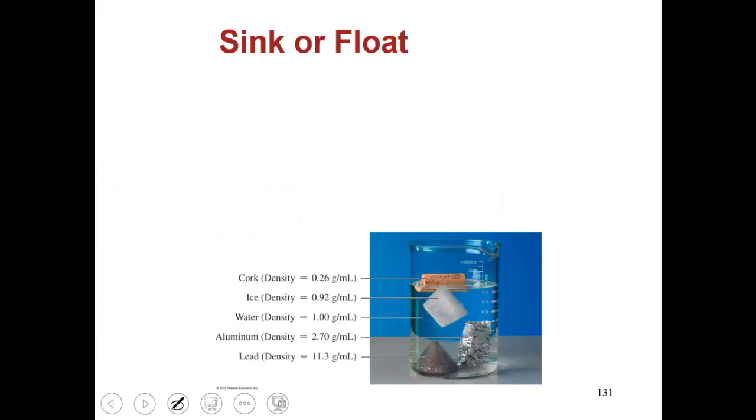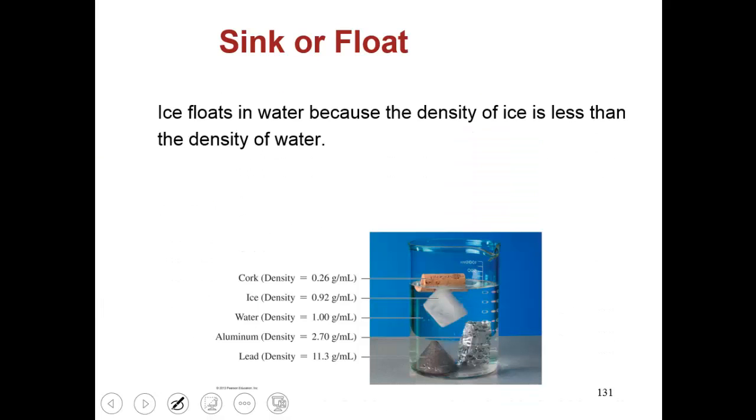Now, the density of an object will determine whether or not it sinks or floats. Now, ice floats in water because the density of ice is less than the density of water. And so we'll see here that water has a density of 1 gram per milliliter, whereas ice has a density of 0.92. And so if you have a density less than 1 gram per milliliter, you're going to float